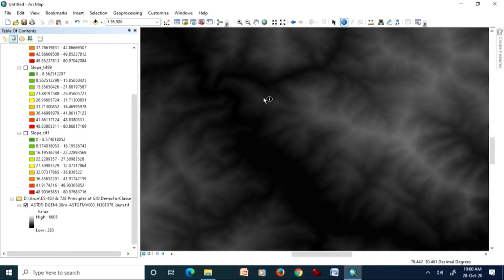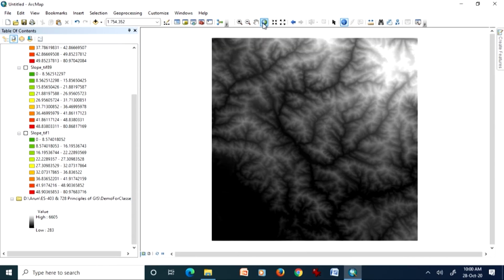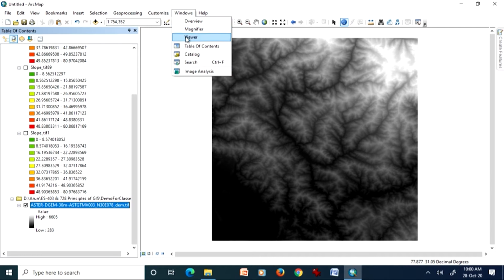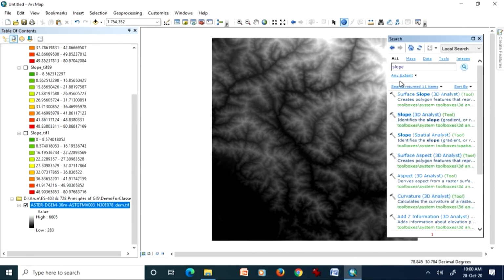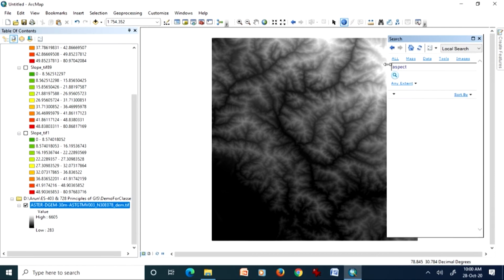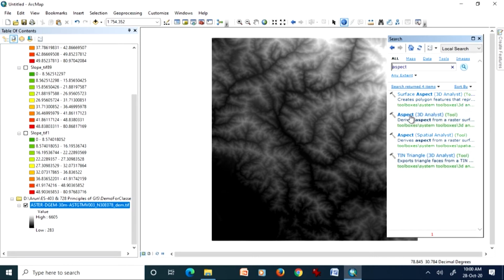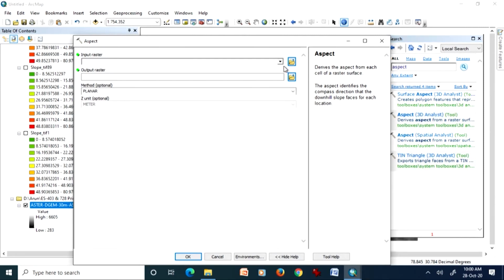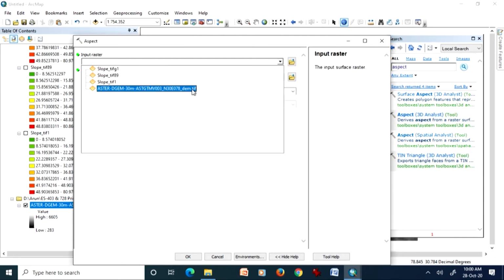Now what I am going to do next is go for the aspect. So again we take the same digital elevation model, which is the ASTER GDEM 30 meter, and instead of slope, we will calculate aspect and see what options are available. Again, I will choose the Aspect Spatial Analyst extension tool, and in the same way you have to provide the file.